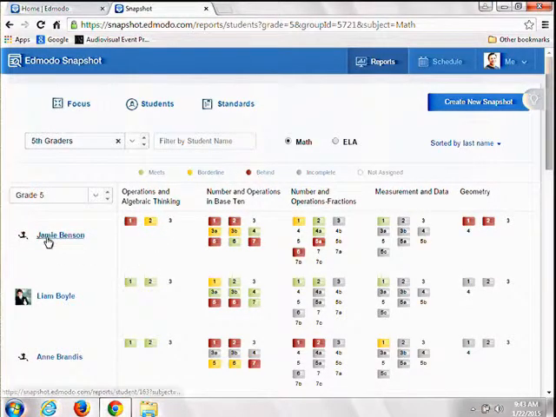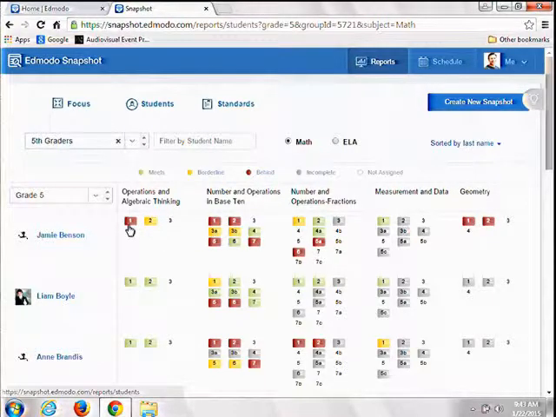And so I can see, for example, if I look at Jamie here for operations and algebraic thinking, I've got one area red, which means he is behind, one area that's yellow, that means he's borderline, and then one area that's kind of gray, which means I really haven't done anything.